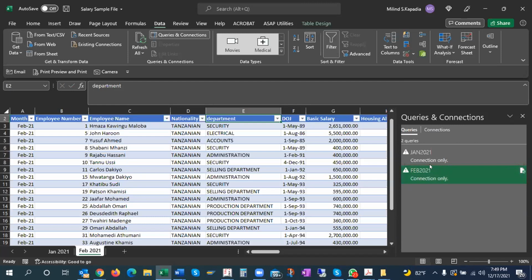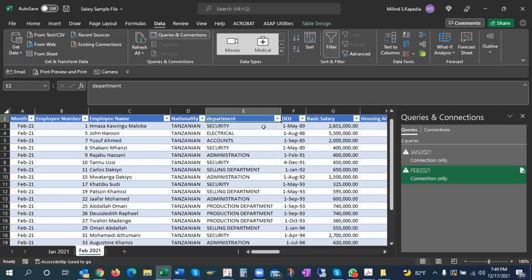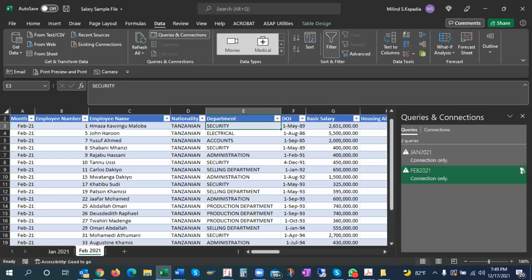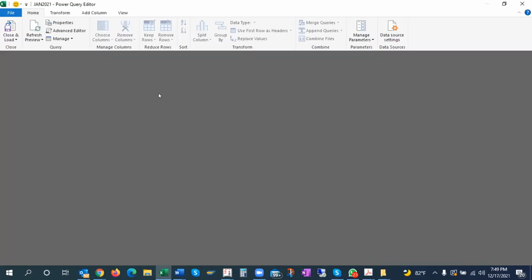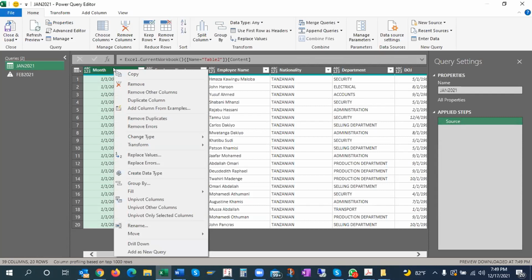Let's change it, edit. Change type. Let me do it again, because that change type was not recognized for Department, since earlier, if you see, the name was Column 1 and not Department. So I have to perform it again.